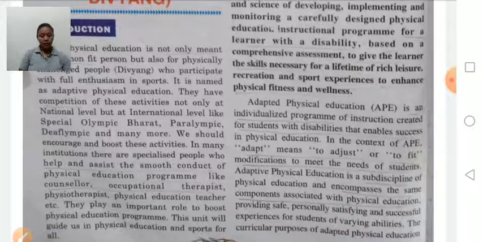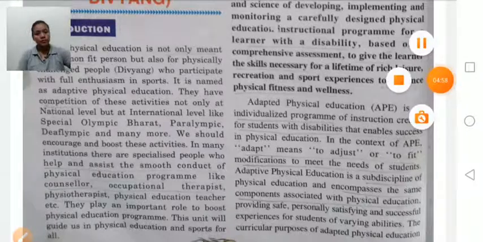It provides safe, personally satisfying and successful experience for students of varying ability. This adaptive physical education is a physical education program which has been adapted or modified so that it is appropriate for persons with a disability.